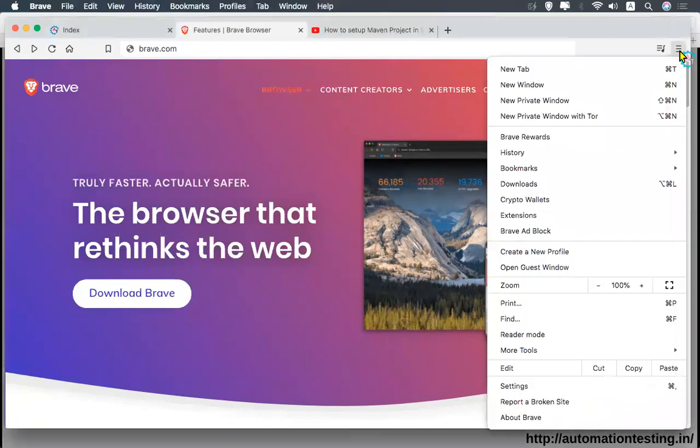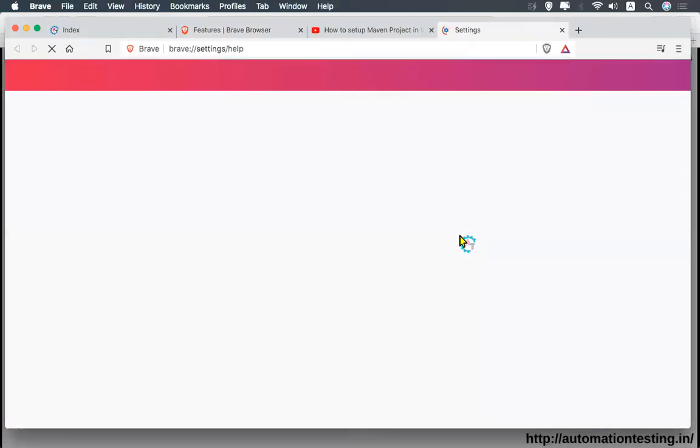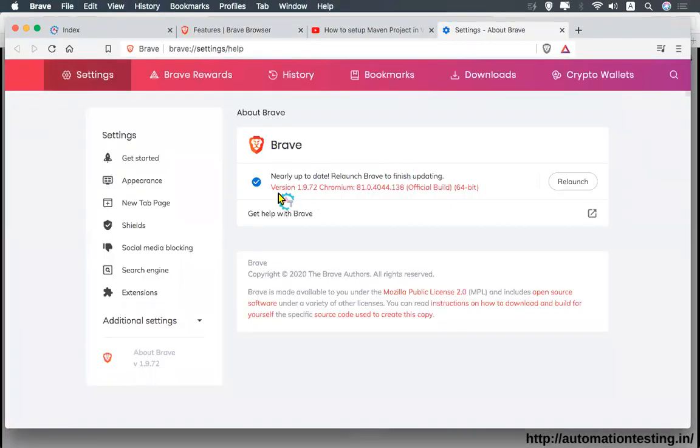When you go to the settings, the options, and check About Brave, here you can see the version 1.9.72 and Chromium 81.0.4044.138. So it is developed on top of Chromium, and the look and feel will be very similar to Chrome.